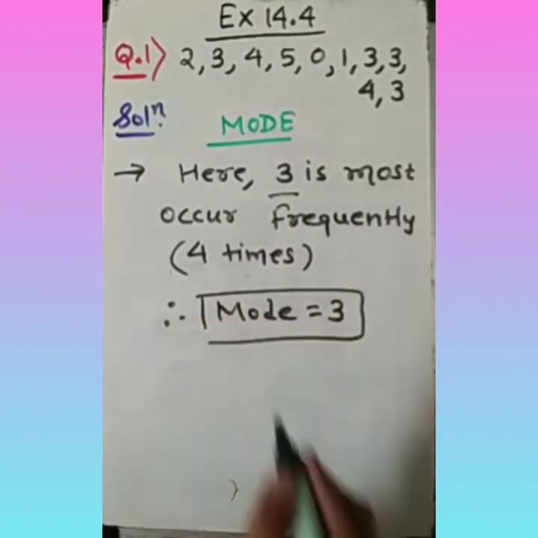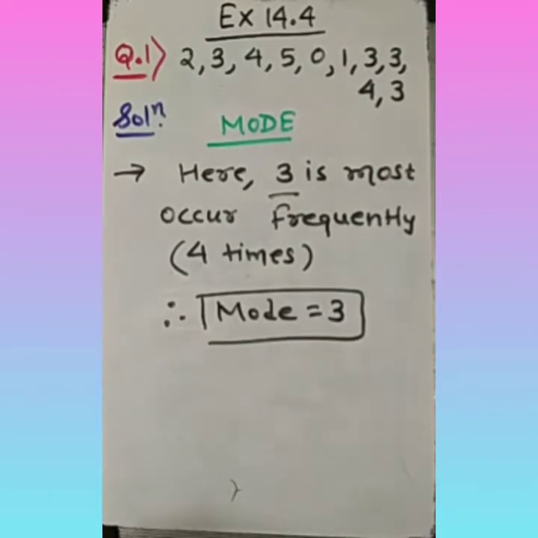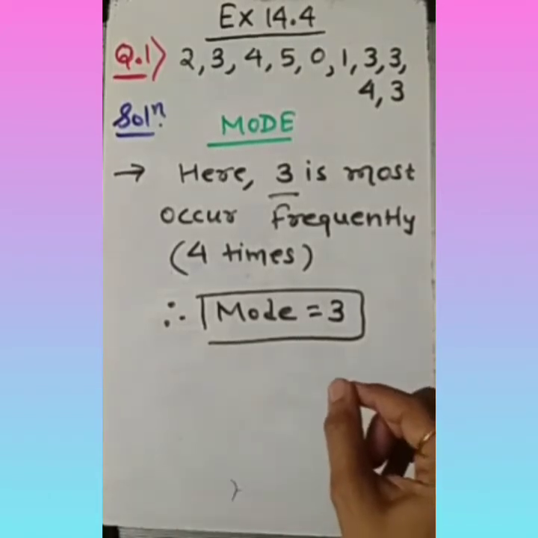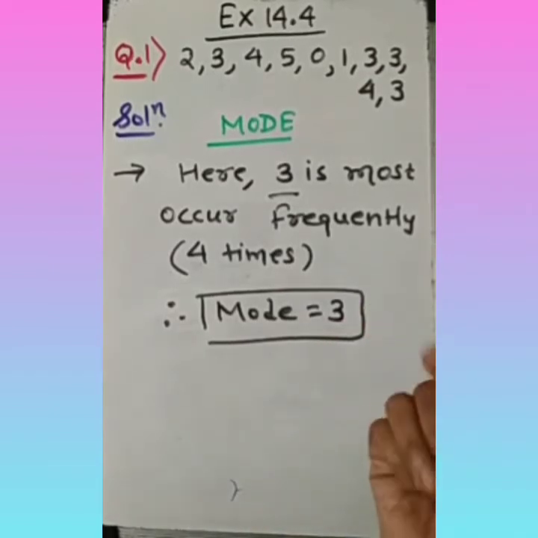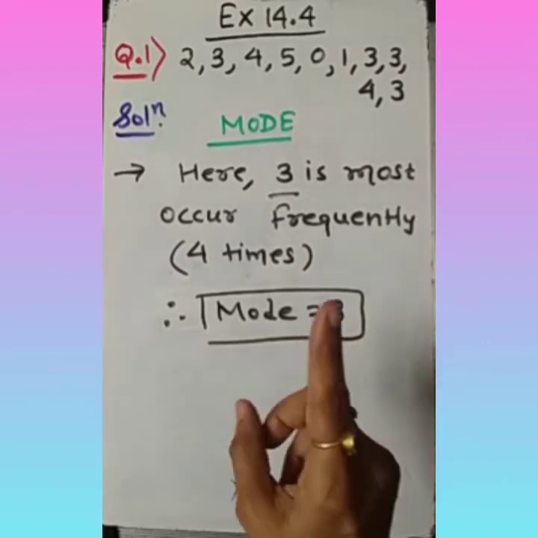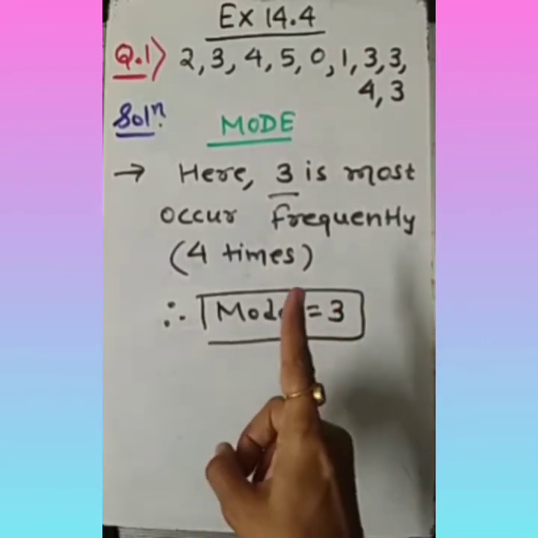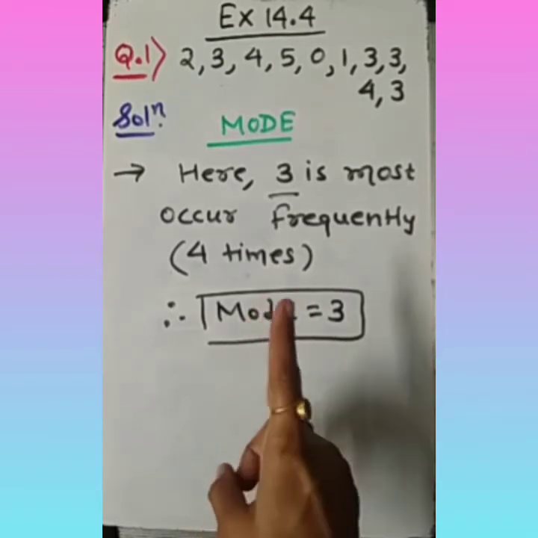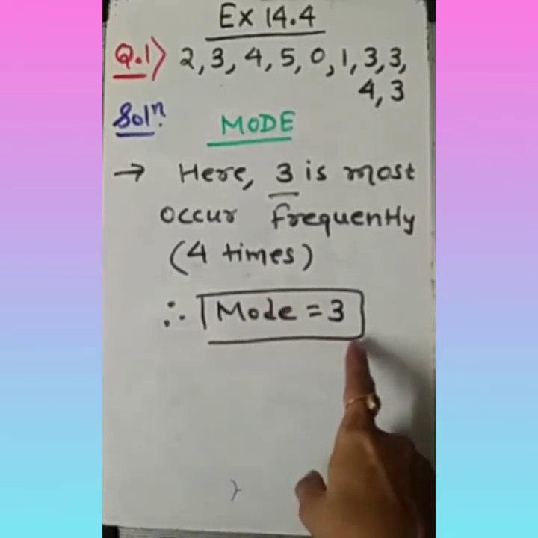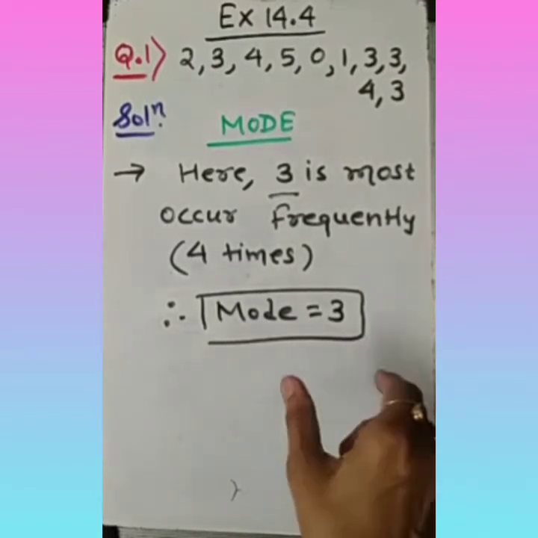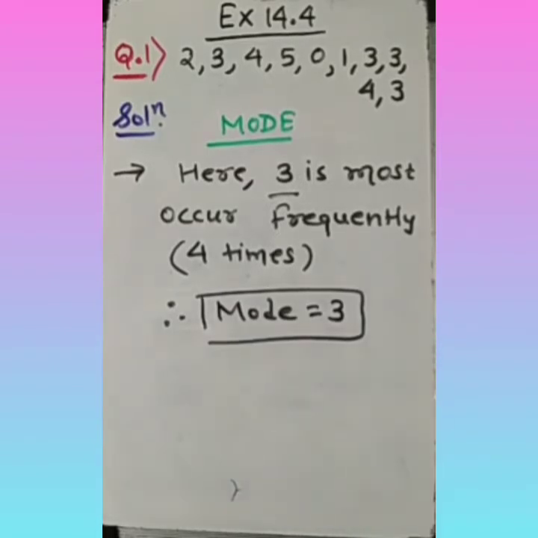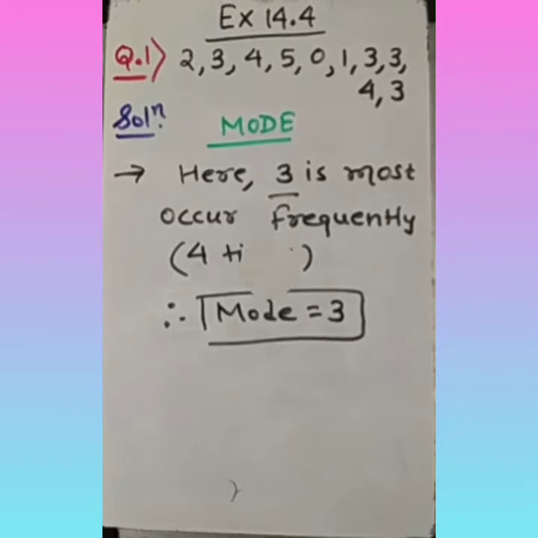Along with that, one more important instruction you need to keep in mind. Any observation can have more than one mode. More than one mode is possible, dear. But the median remains only one, and the mean also remains one. Mean is always one, median is always one, but mode can be more than one, meaning 2, 3, 4, so many can be there. You need to go through different questions and you will come to know how we have the different modes. This is the complete solution of question number 1. I hope it's clear to you.